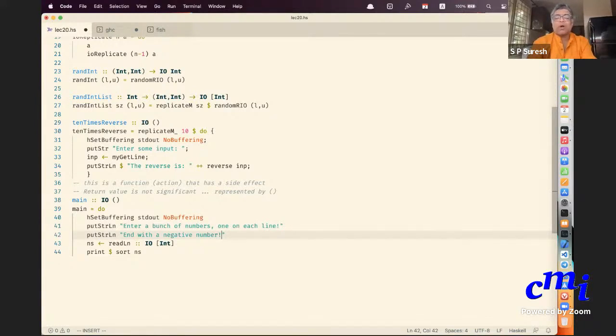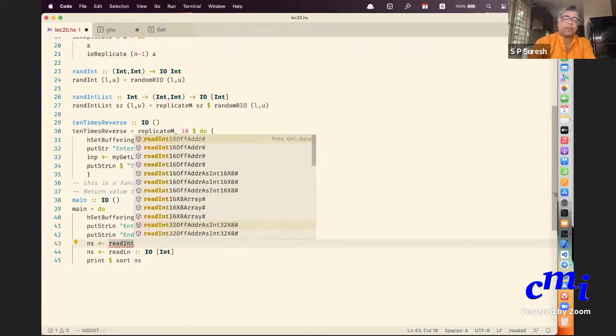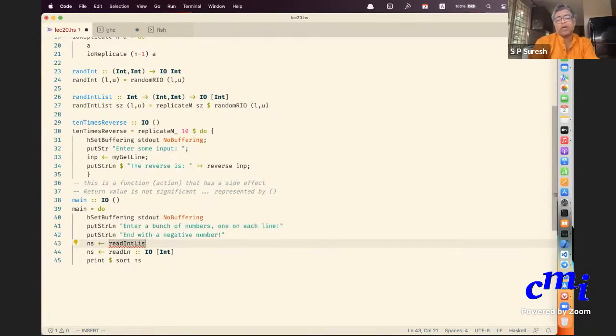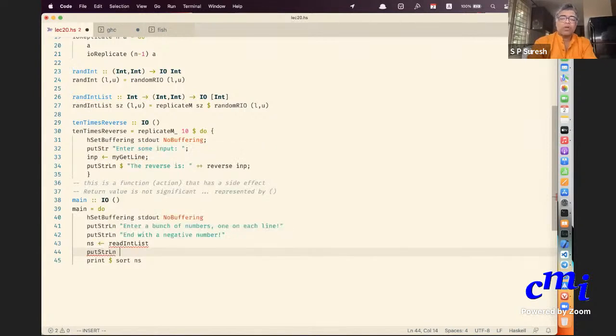Okay, now what I'm doing is, what I'll say is ns read int list. That is my function that I will write now in a bit, and then I will print the sorted version of the list. The sorted list is